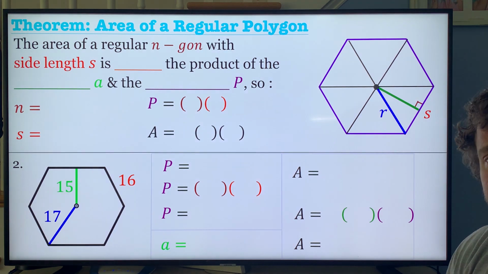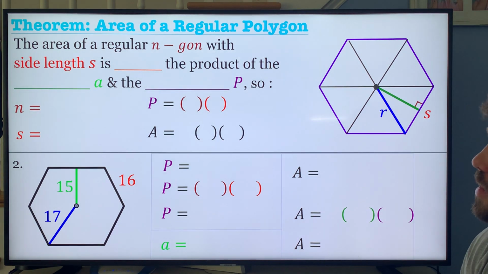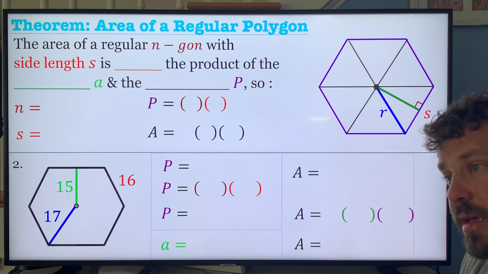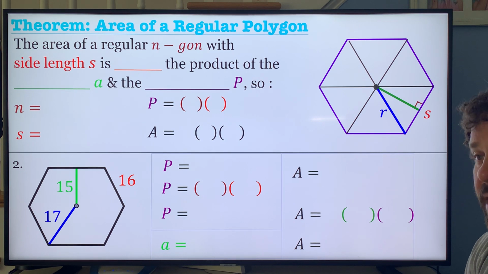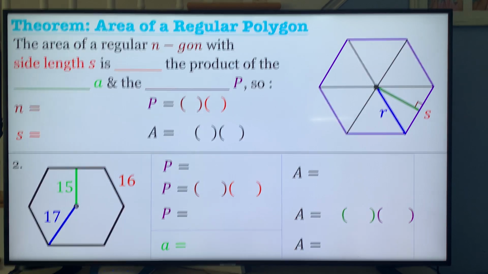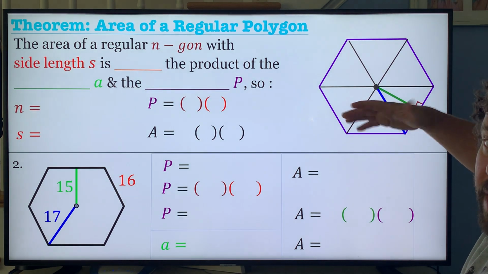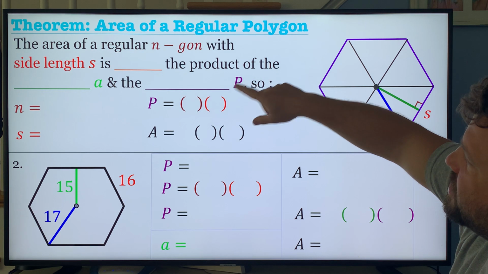Now, we're going to go to the important part, the area. Area of an n-gon. An n-gon is just a polygon with n sides, okay? And n can be anything that is 3 and up, as long as it is not a decimal. So, the area of an n-gon, in this case, this would be a 6-gon or a hexagon, with side lengths S is,